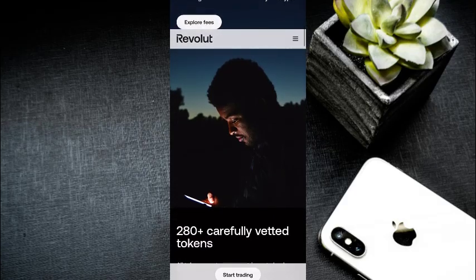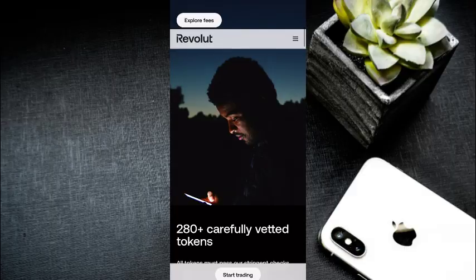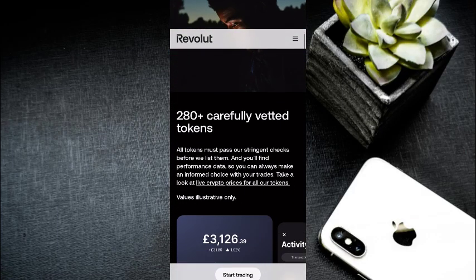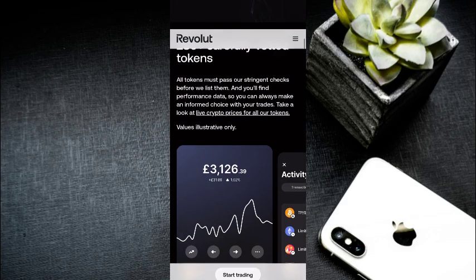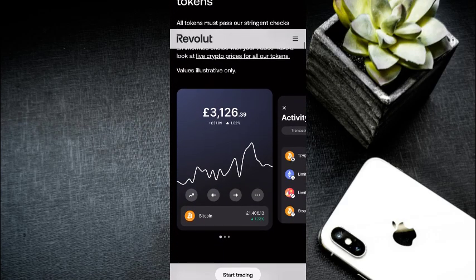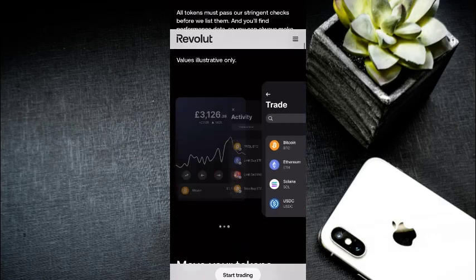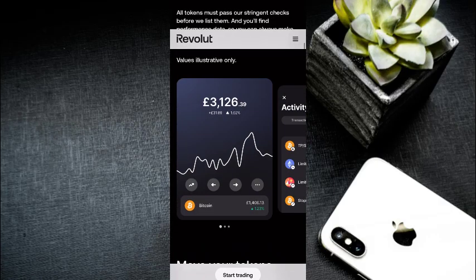This code lets others pay you instantly. You can also tap to send the QR code through WhatsApp, email, or copy the link. It depends on how you want to use it. Then the person sending money can scan your QR code using their Revolut app to complete the payment. And that's how you can easily find the Revolut QR code